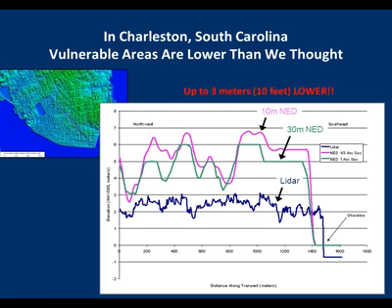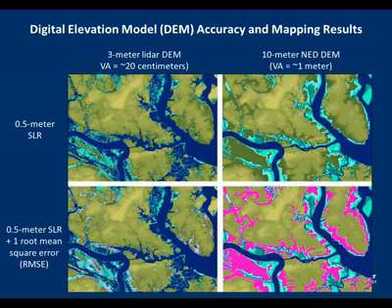We were up to 10 feet or 3 meters lower in some spots. So this is not good news for our low-lying cities. If we initially thought we were at higher elevations, we're starting out kind of lower than we thought, and that just goes to show that these areas are definitely vulnerable to inundation. And this translates into a lot of inundation when you look at horizontal